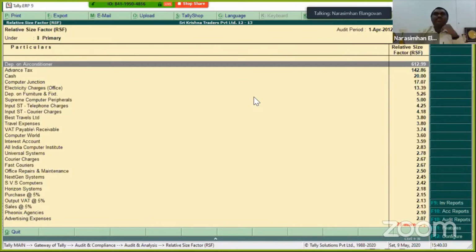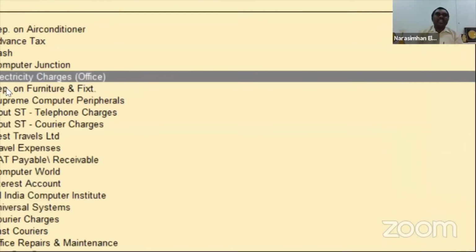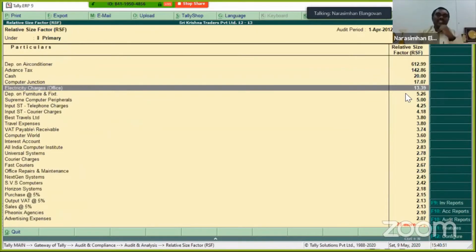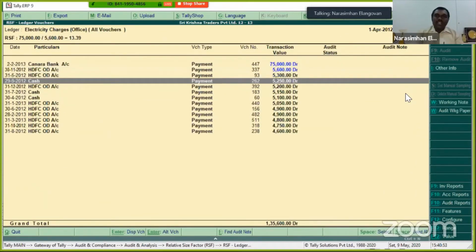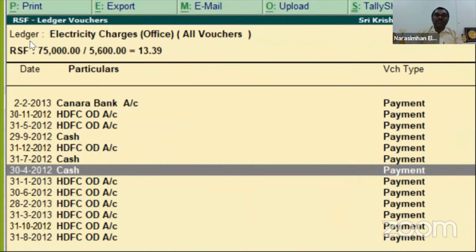If I go one step further, let us look into it. No doubt that was a jovial thing, but this is where you can understand purely from an audit angle. Look at this expenditure, electricity charges office. See what is the amount? 13.39. Now let's investigate 13.39. Let's just go here. Look at the transactions. All the transactions on an average are around 4,000 to 5,000. But look at this transaction, 75,000 rupees. If I move here, I get to know a ratio called 75,000 divided by 5,600,